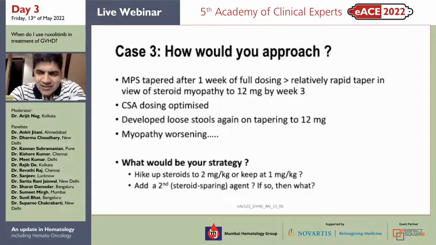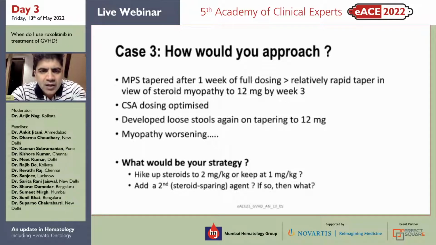Yeah, so I think the catch here is the steroid myopathy, which is pretty significant. If that wasn't the case, we would definitely treat for 2 weeks and then think of taper. The taper here was pretty soon, in 1 week, but I can understand that, with the myopathy in the background, that was the decision taken. So I would have done exactly what ma'am suggested. If we're trying to taper early, we should have added a steroid sparing agent so that we could do the taper earlier on, and Jakavi would be a good steroid sparing agent.